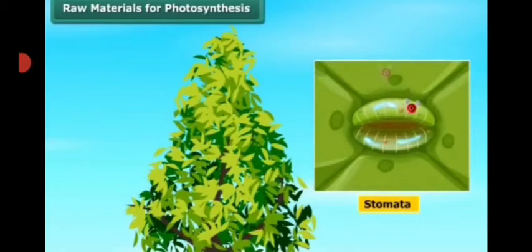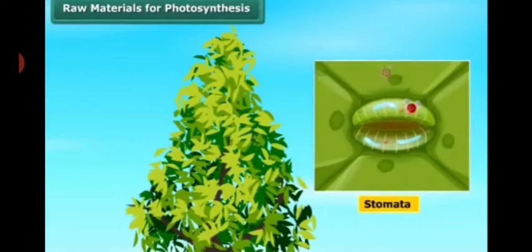If you look at the leaf, you will find the upper surface is a little dark green, whereas the lower surface is a little light green, because the upper surface contains more chlorophyll. Chlorophyll is the part of the leaf where food is actually prepared. Remember the name, chlorophyll. Chlorophyll looks green, which is why the upper part is more green.